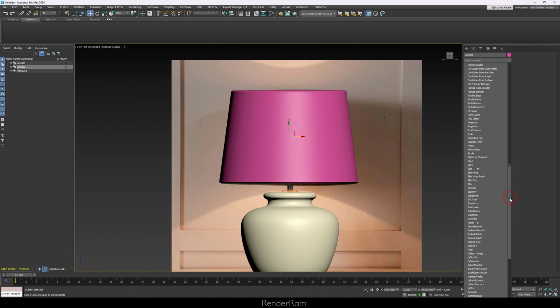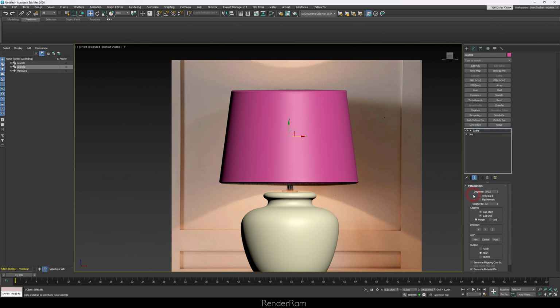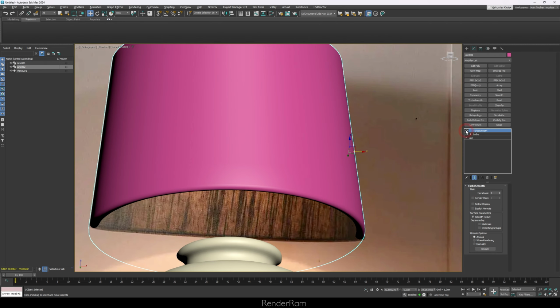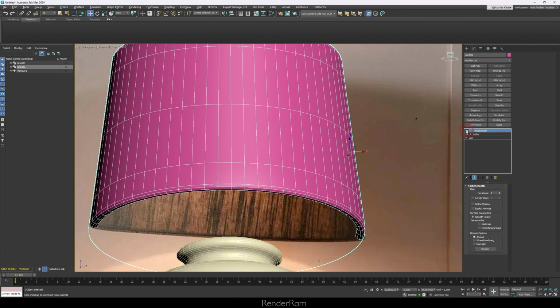Go to your modifier list, scroll somewhere near the bottom and you're going to see TurboSmooth. So TurboSmooth here. Click on that and look at this. So now we got this. Before that, we got that. See how you see the difference? You see how many more polygons we get? And now the whole thing looks much smoother, and it has a nicer flow to the whole